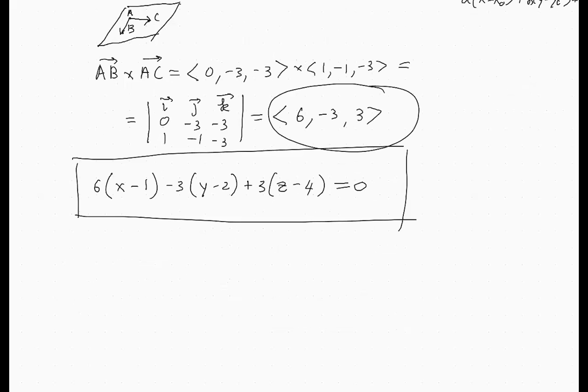Okay, let's go to the next problem, which says find all unit vectors that are perpendicular to the plane z equals 2x minus 3y plus 1. What's the idea here? The idea is that if you have the equation of a plane, you can actually do sort of, I should call it reverse engineering, and find a vector which is perpendicular, which is normal to that plane. To do that,